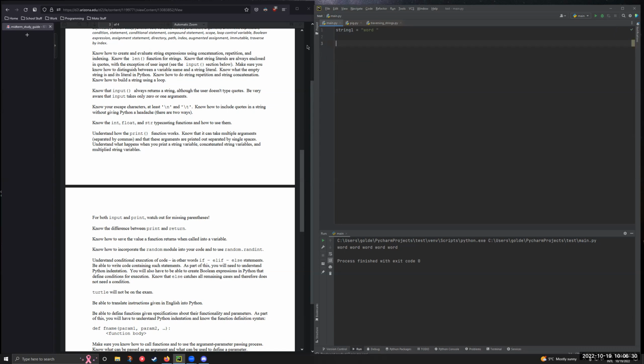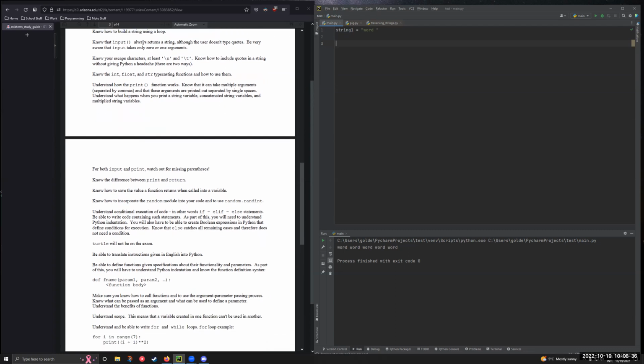So as we've seen already, I won't go too deep into that because you have already seen it at this point. So we'll move on. Know that the input function always returns a string. So what that means is if I say input,